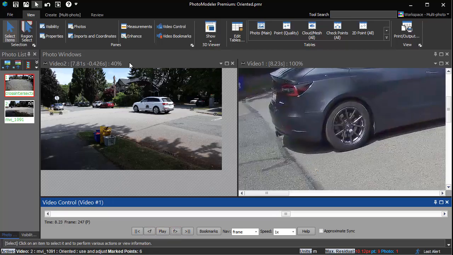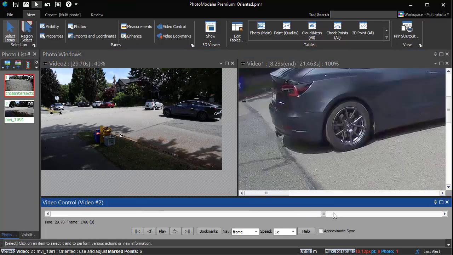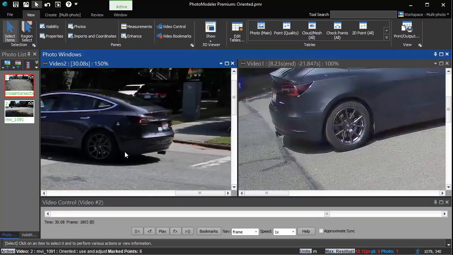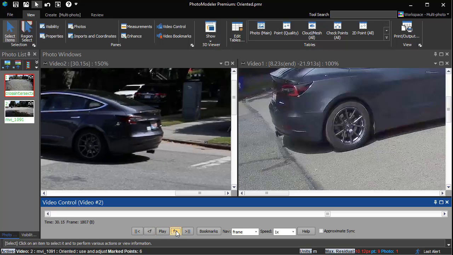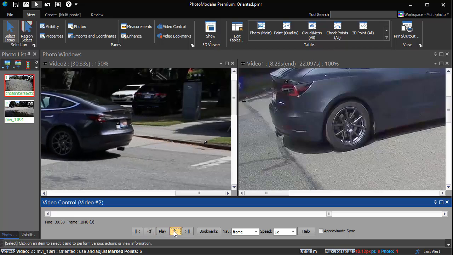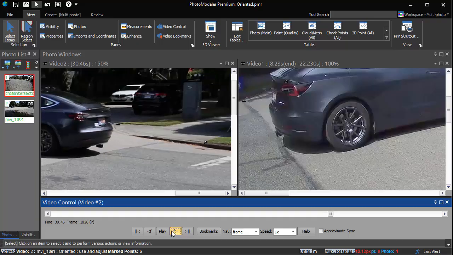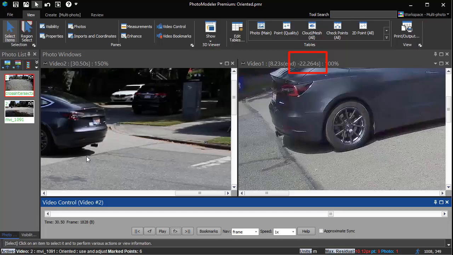Then, find the corresponding frame in video 2. The time difference between these two frames will be shown on the title bar. Since both frames show the same event, our goal is to adjust the videos, so this displayed time difference is close to 0. On the Photo Properties pane, enter a start time that matches the difference you see on the